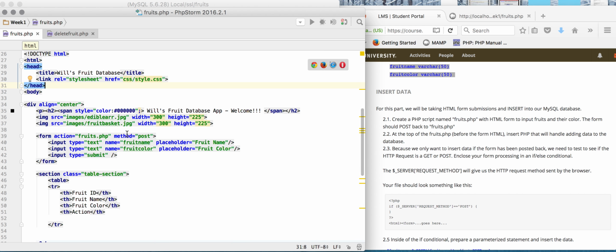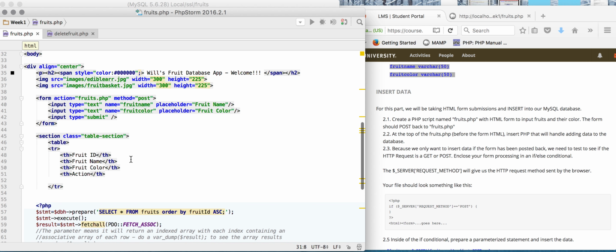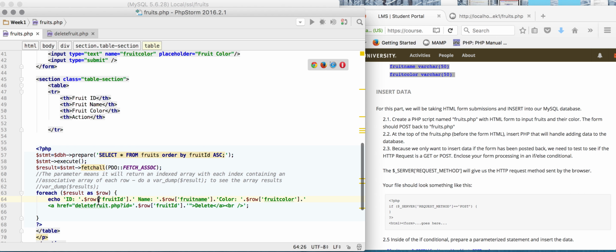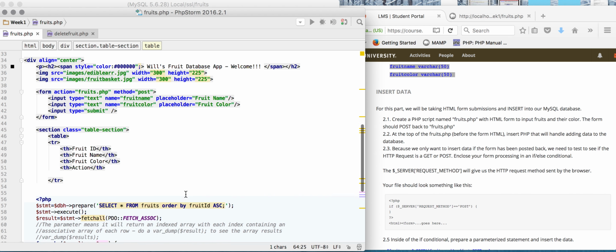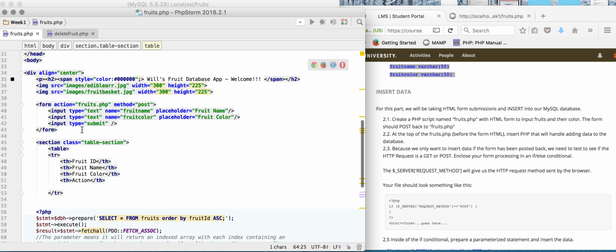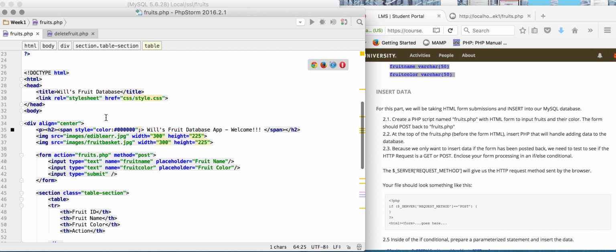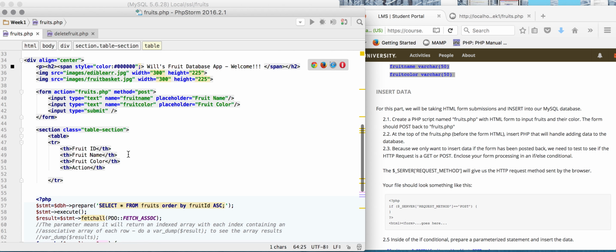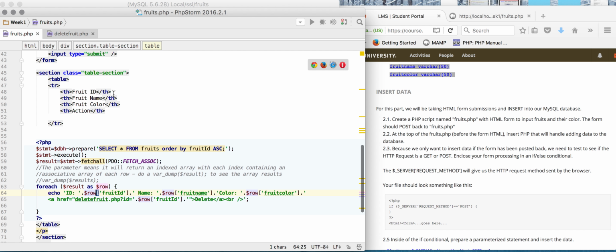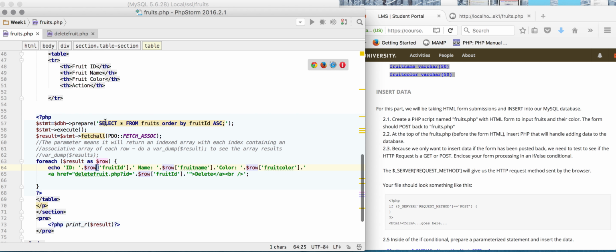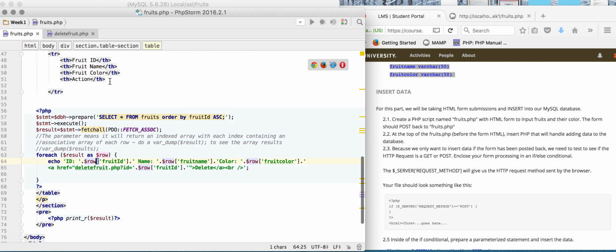It's pretty simple. It took a little bit of time troubleshooting, and it happened to just be not using brackets here that definitely ruined my night trying to get this all squared away. But more so than not, here's my basic HTML. It's just title, link, put a couple pictures in there, form for the input, as well as the table information that would display the fruit ID, fruit name, fruit color, and the action being the delete, or later if you want, I guess, modify or whatever the case may be,